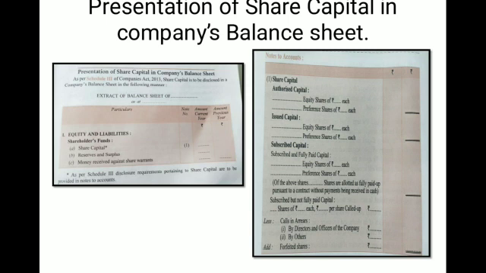Authorized capital will be listed for the equity and preference shares, if both are given, at the face value. Then the issued capital will be listed in the same manner, and then the subscribed capital is to be listed in two manners. One is fully paid, and the second is subscribed but not fully paid. So we have to bifurcate the subscribed capital: in column A, fully paid, and in B, subscribed but not fully paid, which is reflected with the calls in arrears and forfeitures. This is the presentation.